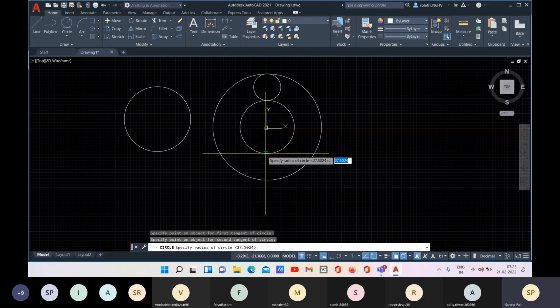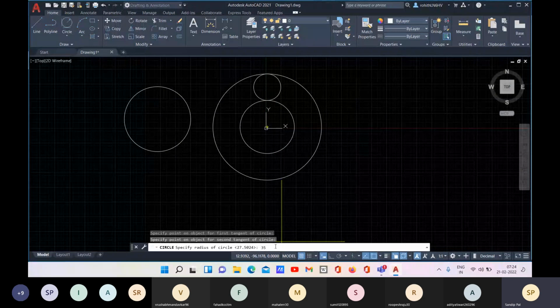If you want to place it within this area, then accordingly you have to provide the radius. Let me go with 35, enter.